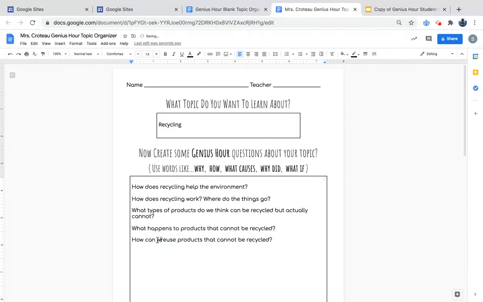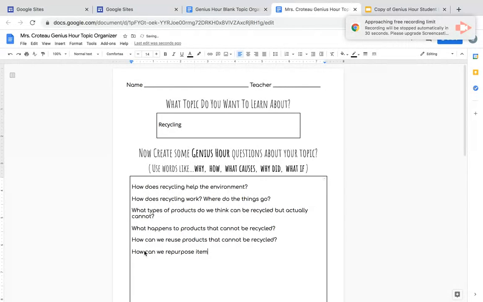And then that gets me to thinking about, are there ways to repurpose things? So maybe there are things we have that we no longer need, but we could use them for a different purpose. So I'm going to write that as, how can we repurpose items that we use?